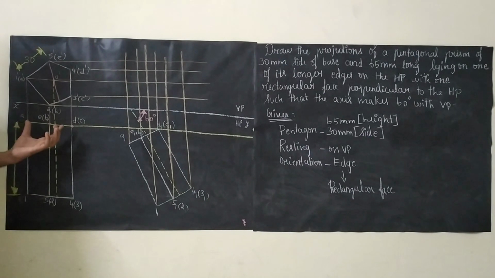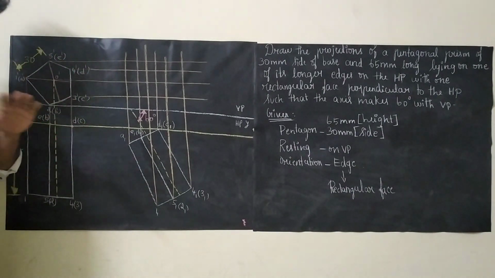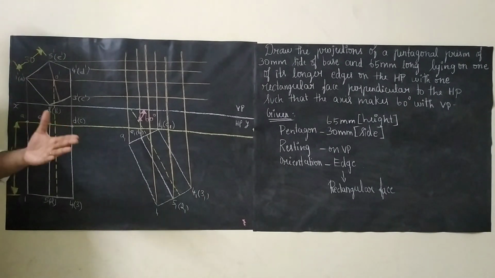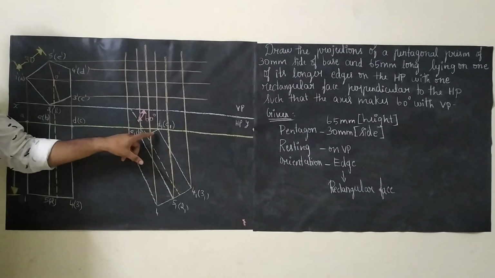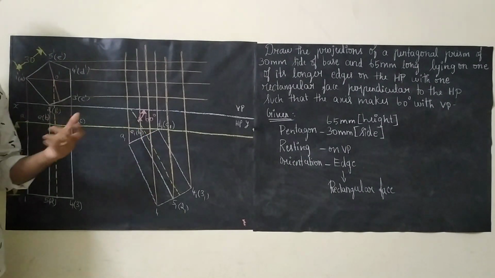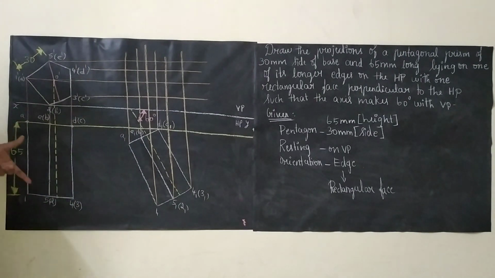So what I am going to do, I am just going to incline this edge for 30 degree. So automatically the axis will be inclined to 60 degree. Measure this distance, approximately if it's 5 centimeter, keep your protractor and draw a line for 30 degree. Make an angle of 30 degree and draw the exact dimension. Then this length you will know, 65.